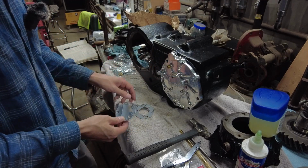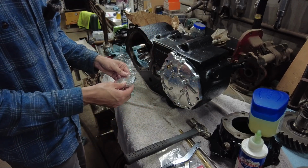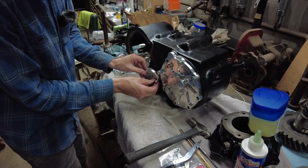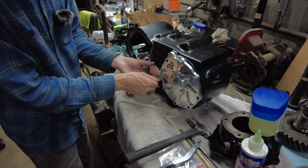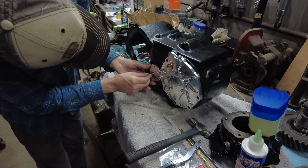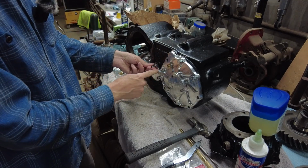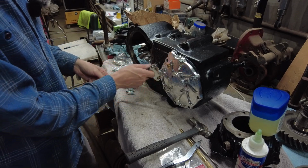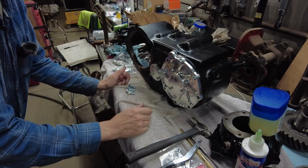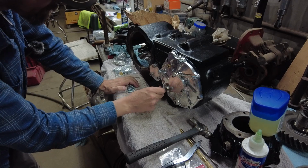I gotta get the bolts, and then I grabbed this cover too. This is again a Northwest Fab. I got a kit, all billet aluminum stuff. And actually I got stainless bolts for this because I thought that I was gonna use the original cover. So I got stainless bolts for that. And again, I got my the flat end is right here up against this cover. And again, I would use sealer on that on my final assembly. I'm just putting this stuff in place for now